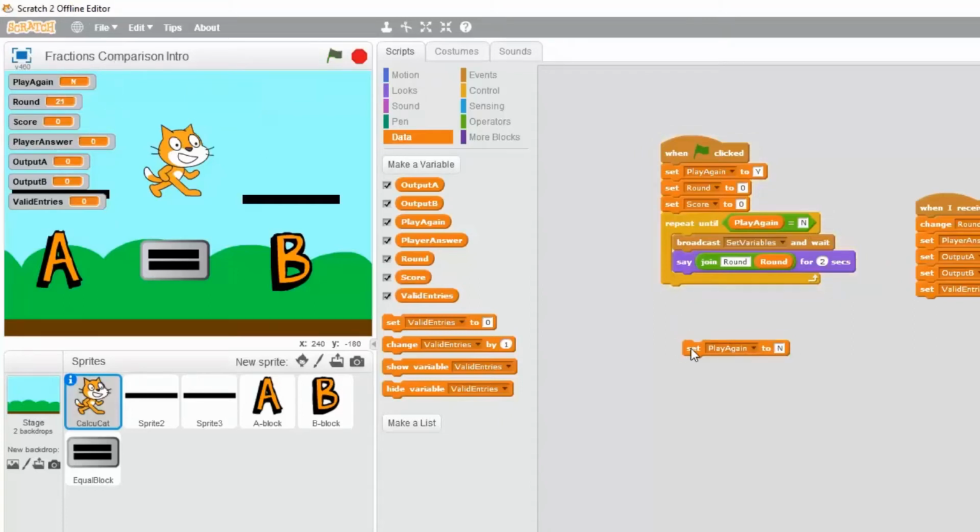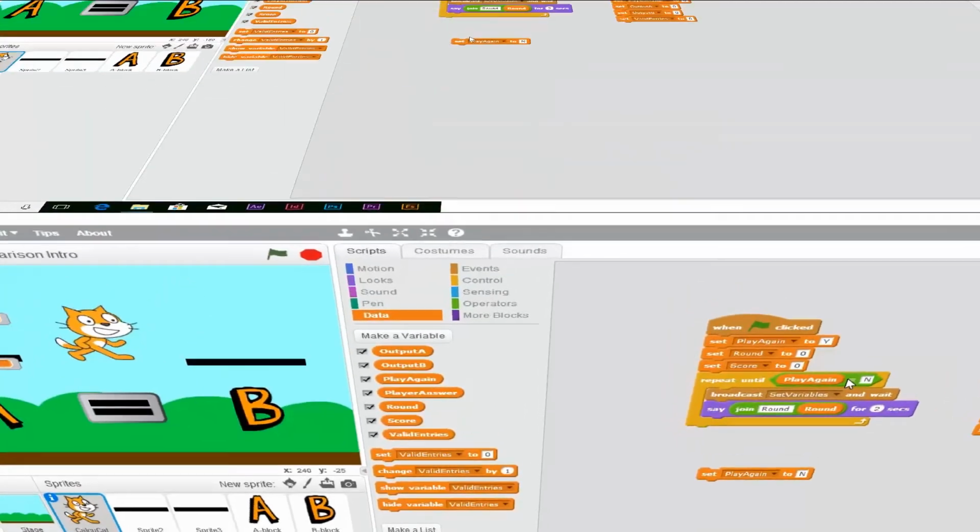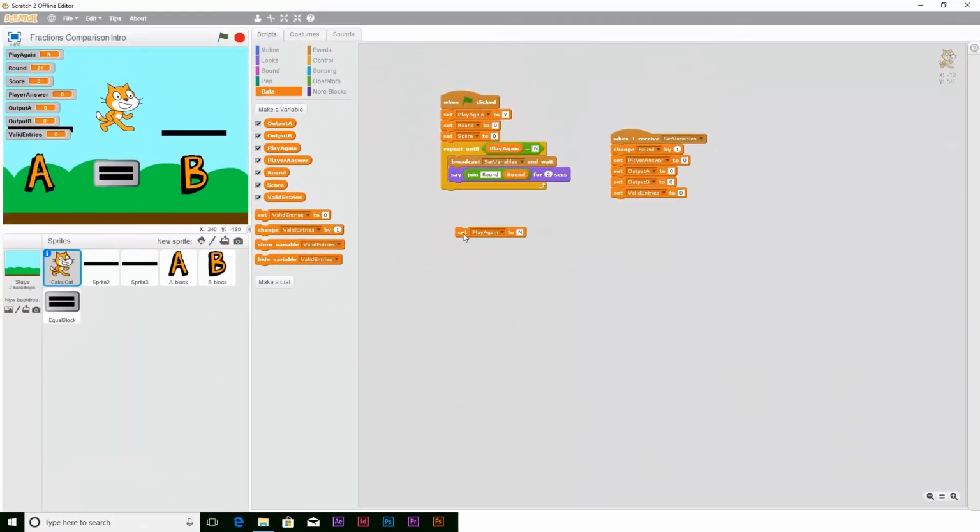So I double click it, changes that to N, and you'll notice the program stops. Okay, so that's what's taking place with this repeat until block right here. If you want to, go ahead and test that out and see what happens. I'm going to drag it off because we don't need any more, and we're going to get another repeat until